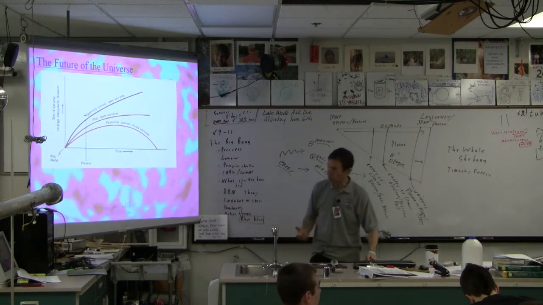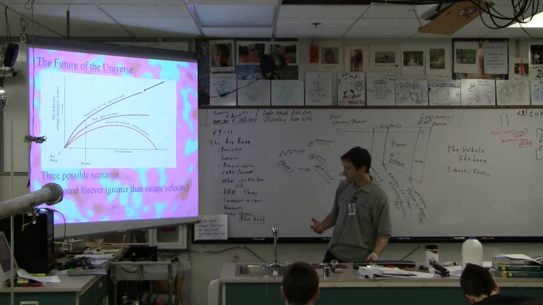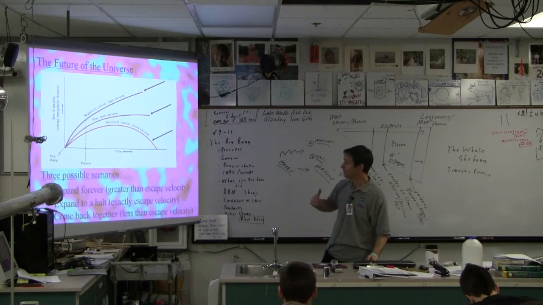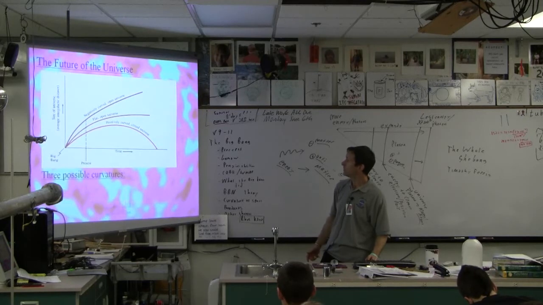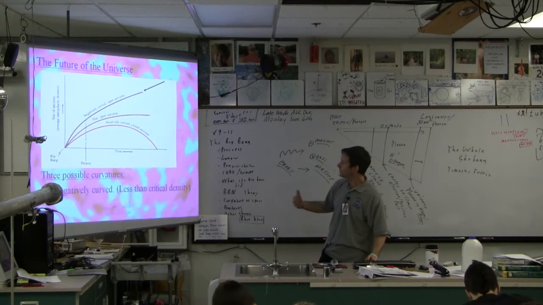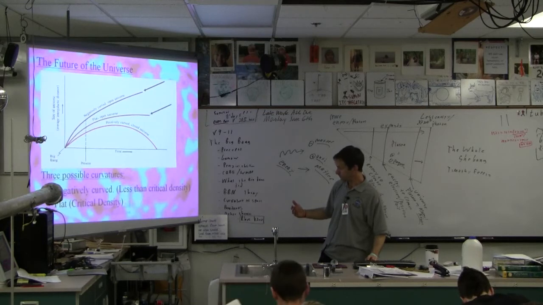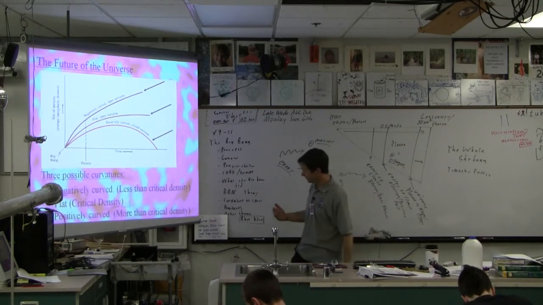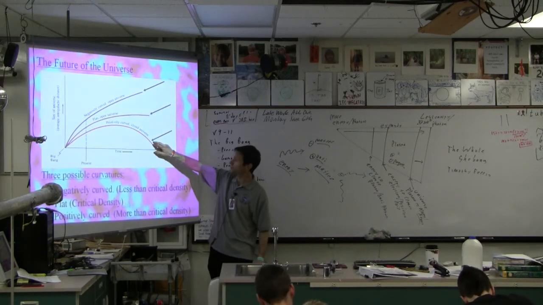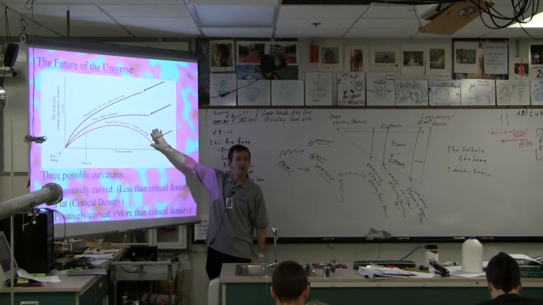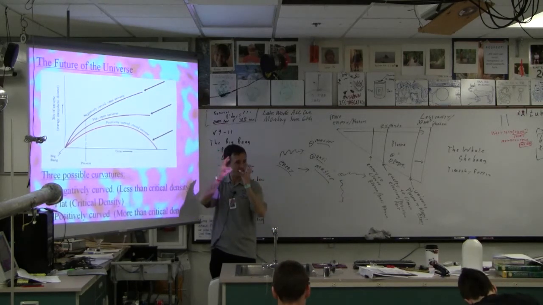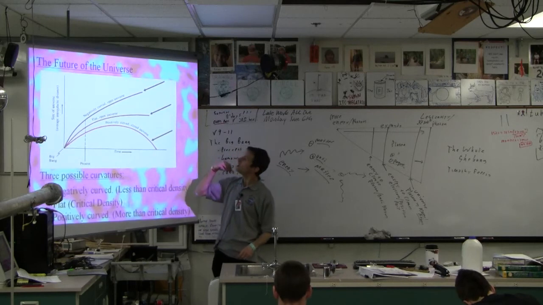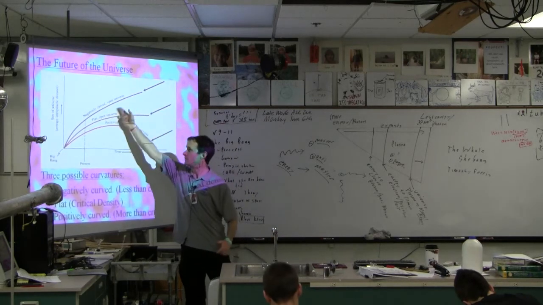Now, these things correspond to actually 3 curvatures of space that we talk about, right? So we talk about negative curvature, we talk about flat curvature and positive curvature. And here we're just talking about the density of it. If it's got enough mass, that it actually has enough mass to curve the universe in a positive way. And if it doesn't have enough mass, it's going to be negative curvature.